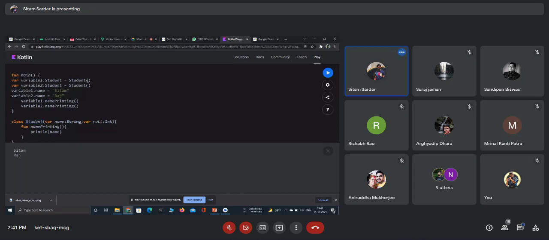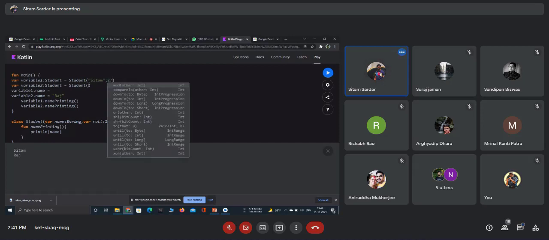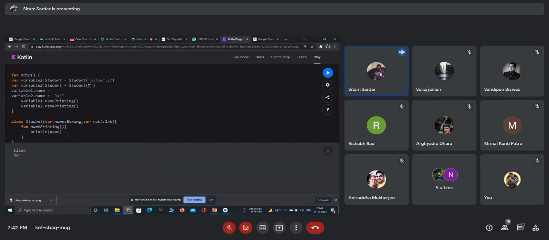So first of all we need to pass my name, so I'm simply copying it from here. Then we have to pass the roll number separately. Same thing I can do here.